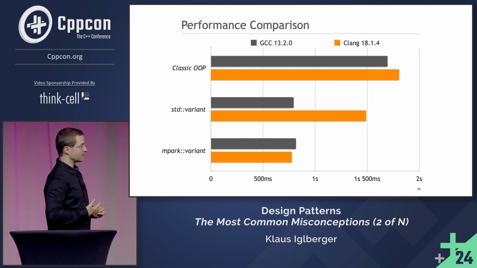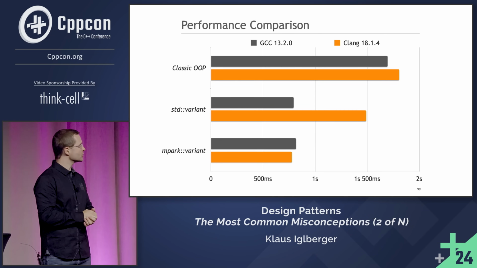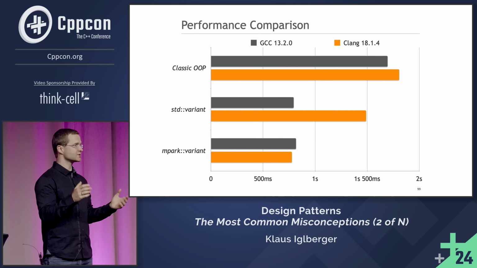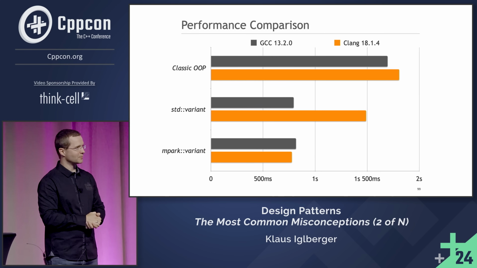Yeah, in your figures, I was just wondering about the difference between GCC and Clang. Was that exclusively about the compiler, or did you have a different standard library implementation, or what? Yes. So absolutely. libstdc++ versus libc++. Exactly. Yep. Right. And of course, I did not take a look why, this is not the point of this talk. Yep. I still found that interesting. Okay. Thanks.